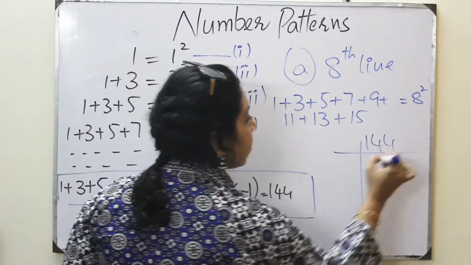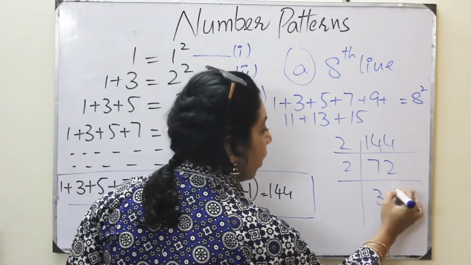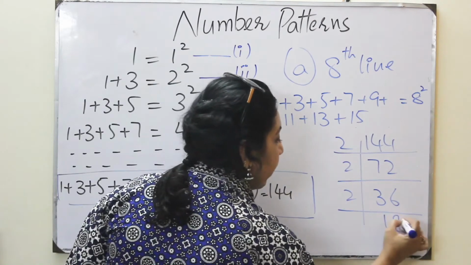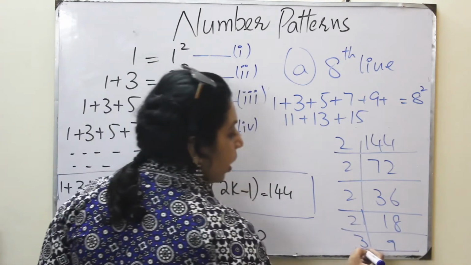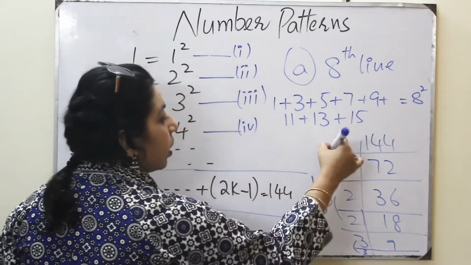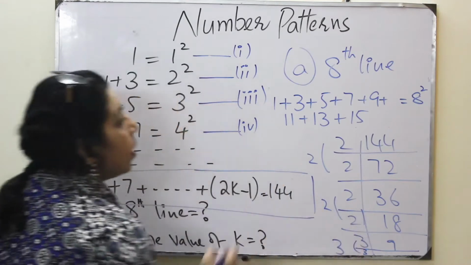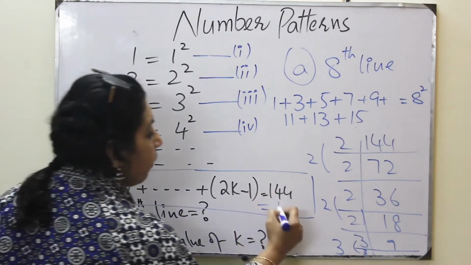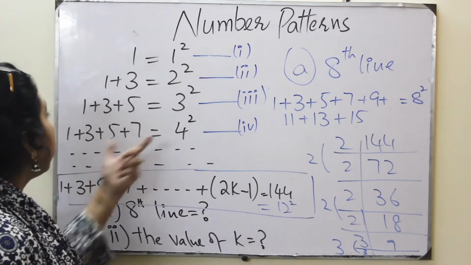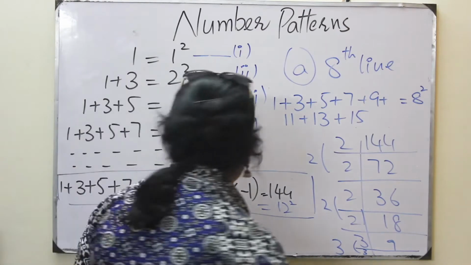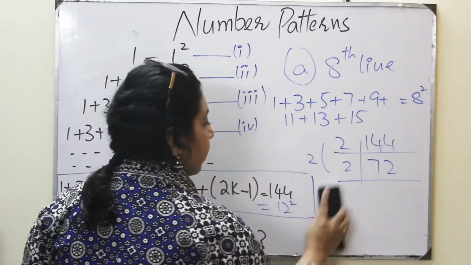144, you know, is the square of 12, but we can also check it like this. If we don't know it's the square of 12, we can make a ladder, and from that ladder we can see that we have 2 pairs of 2 and 1 pair of 3. 2 times 2 is 4, 4 times 3 is 12. So it is the square of 12. And when we find the odd numbers on this side, we need a total of 12 odd numbers. So the last odd number will be, I have to erase this first.